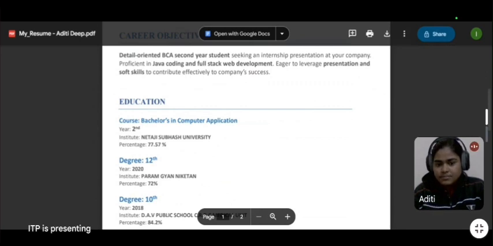Basically, in object oriented programming, we use the concept of class and object and other features like encapsulation, polymorphism, inheritance and abstraction.